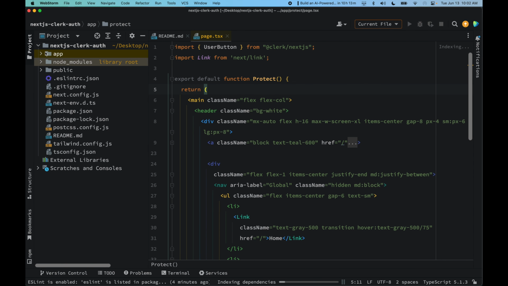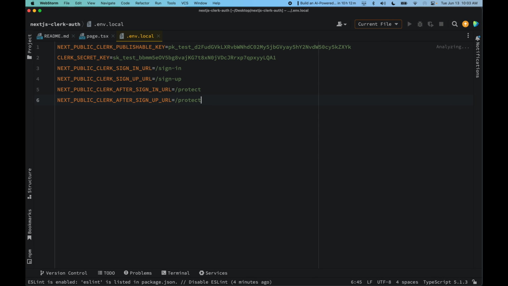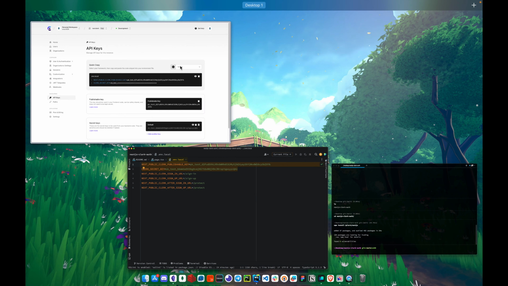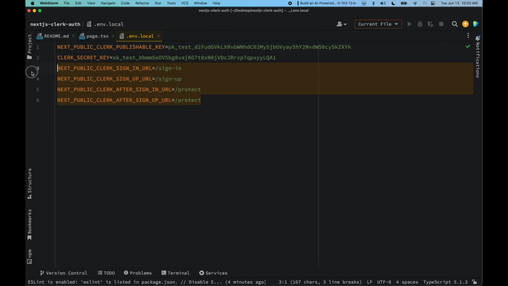So let's go ahead and create .env.local inside of our project. And inside that .env.local, we want to copy and paste in the environment variables, probably all the environment variables that we'll be using throughout the application right here. These two environment variables that are highlighted are copied from the dashboard itself, which is this one, and the other stuff is basically what tells